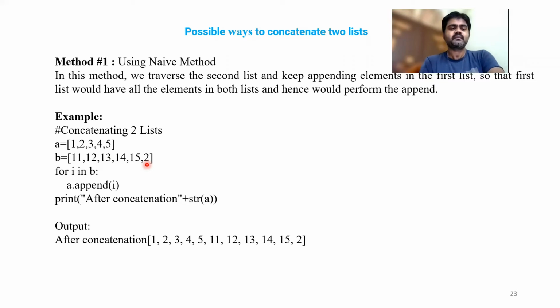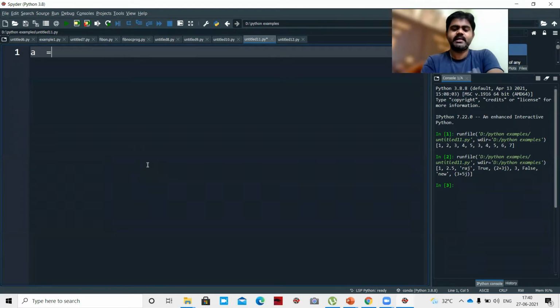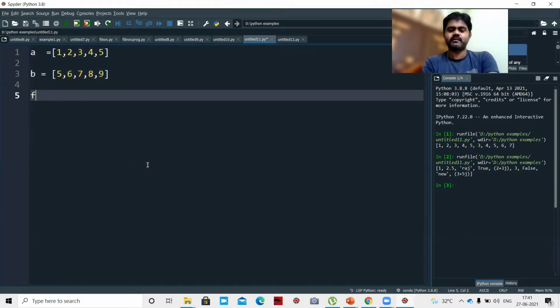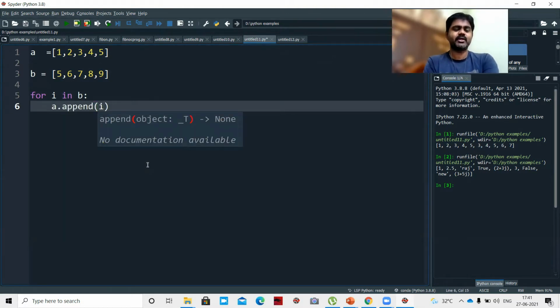So if you see this example, a equal to 1, 2, 3, 4, 5, b equal to 5, 6, 7, 8, 9. So for i in b, a dot append of i. Next, what are we doing?